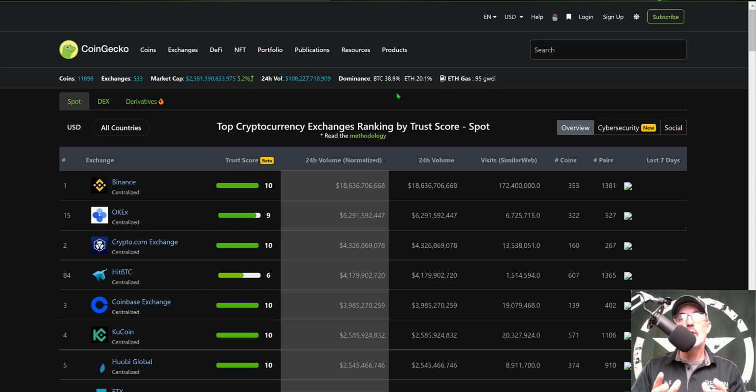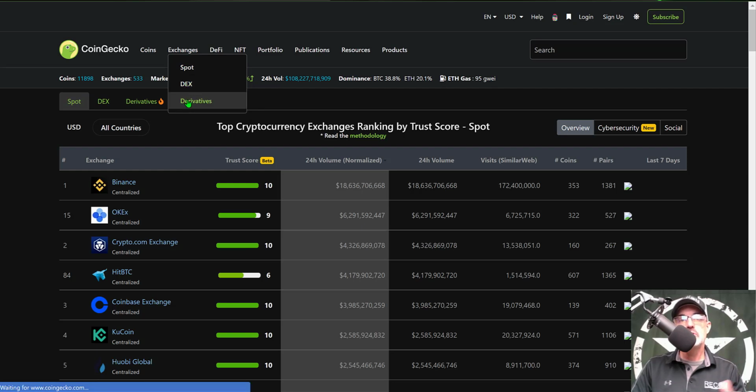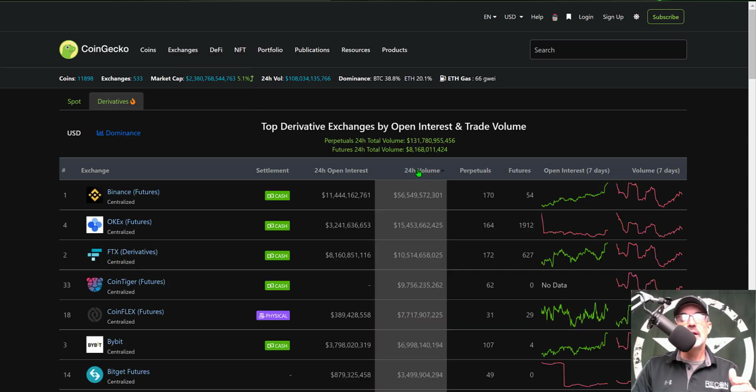Now, if you're not familiar with OKEX, if we jump over to CoinGecko and search by 24-hour volume, you can see they are number 2 when it comes to volume, right behind Binance as far as spot exchanges go. Now, if we jump over to the derivatives or the futures markets, and again sort by 24-hour volume, you'll see they're also number 2, once again right behind Binance. So as far as liquidity goes, they are producing a lot of trading volume, and it is an exchange that